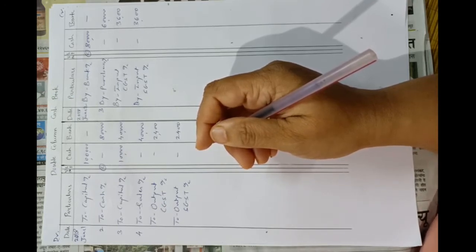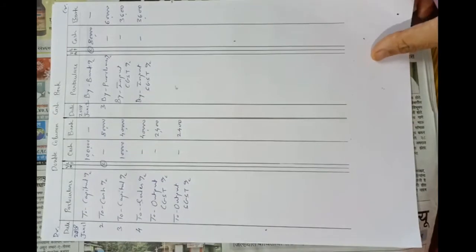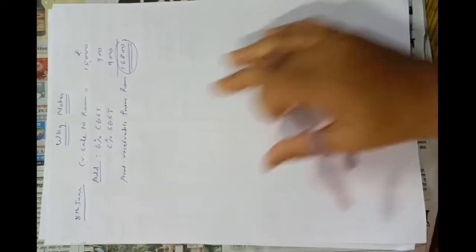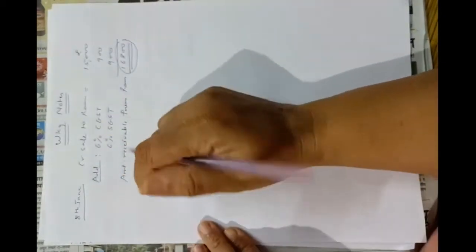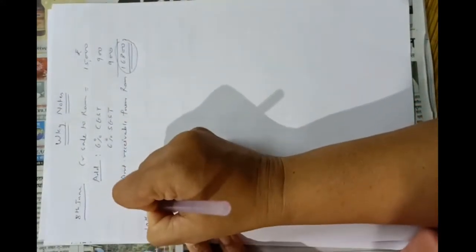Now next, on 10th June, received check from Ram in full settlement of his account rupees 16,500, but this check was deposited on 12th June. So on 10th June we will pass journal entry for it. या प्रॉब्लेममध्ये आपल्याला जर्नल एंट्रीज पास करायला सांगितलेले नाही आहेत, सो मी जर्नल ड्रॉ केलेलं नाही आहे. पण इन वर्किंग नोट वी विल पास द जर्नल एंट्री ऑन 10th June for better understanding.